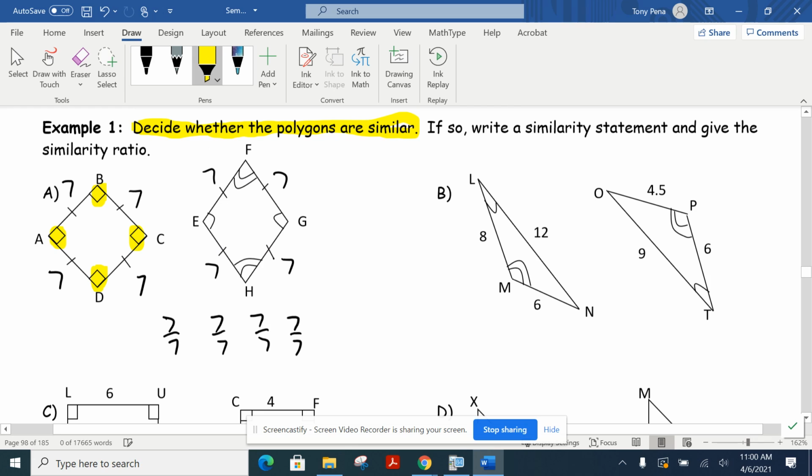When we look at this one, if this angle is congruent to this angle only, and then if we look at the other two angles, this angle is congruent to this angle. What that means is if these were all 90-degree angles,